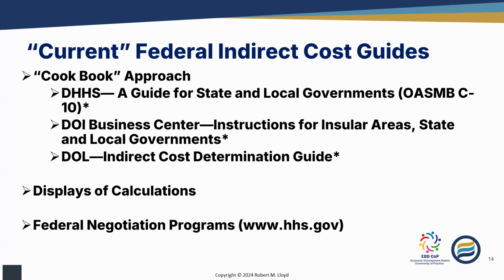Okay? But there's a further policy that OMB adopted, and that is that if an organization does not receive $35 million or more in direct federal awards during their fiscal year, they're not required to submit a plan to the federal government. Instead, they're supposed to develop the plan, calculate the rate, and use the rate on their applications and on their award claims and hold it for audit.